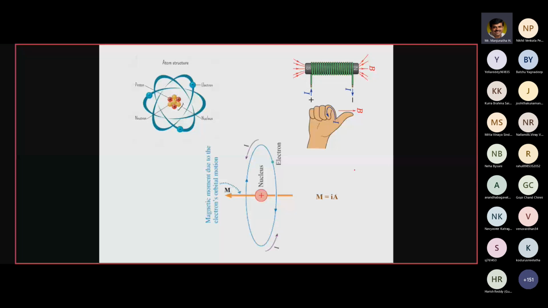So what I want to say is, an electron revolving around the nucleus definitely produces a magnetic moment. You can see there I have represented M = I × A. This is the new thing. In this case, atoms should definitely exhibit magnetism. But you know that, students, because of the spatial quantization,